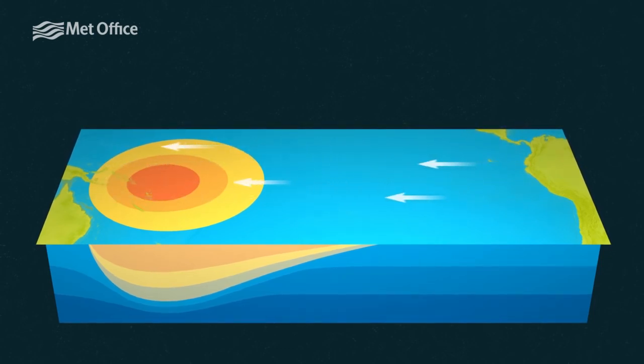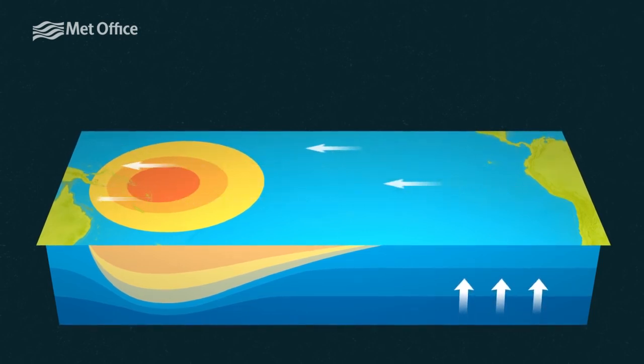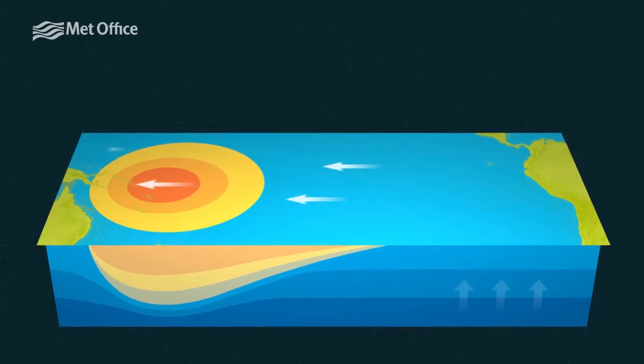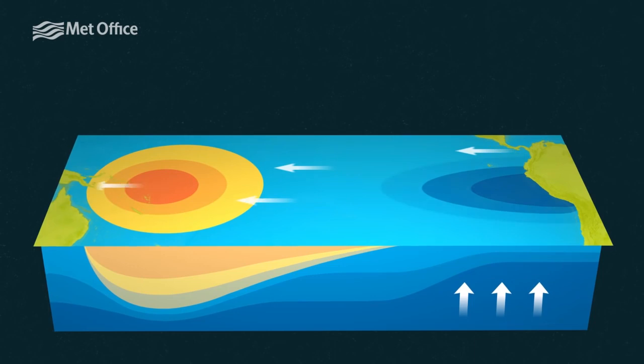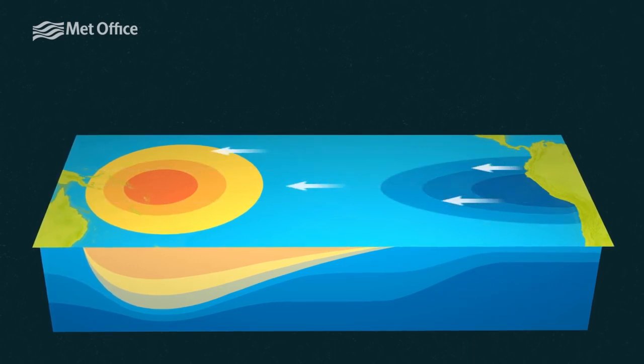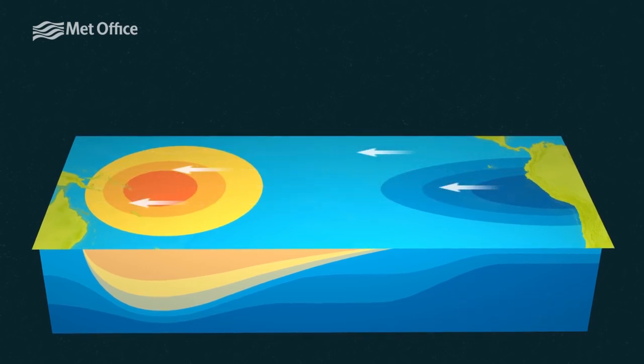On the other side of the ocean, around South and Central America, as the warmer water gets pushed away from the coast, it's replaced by cold water which is pulled up from deeper down in the ocean, a process called upwelling. This creates a temperature difference across the tropical Pacific, with warmer water piled up in the west and cooler